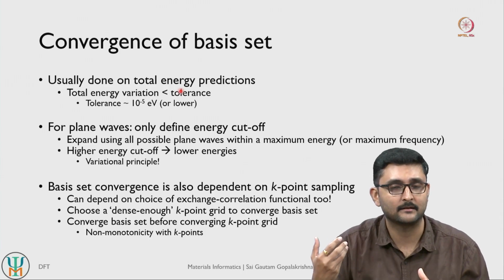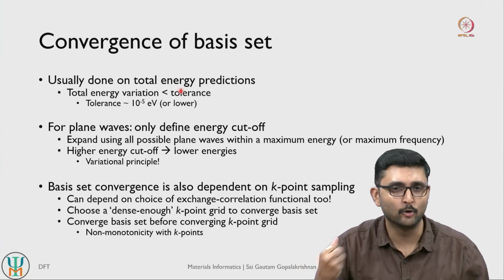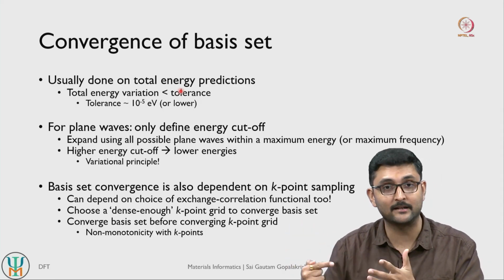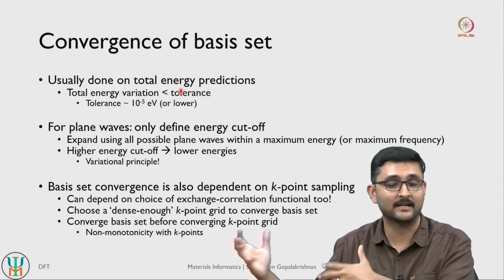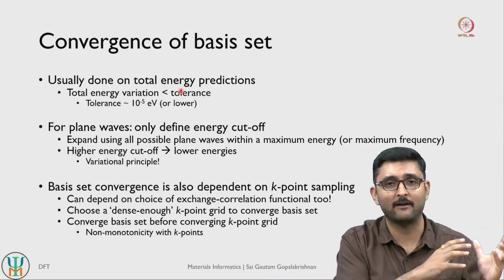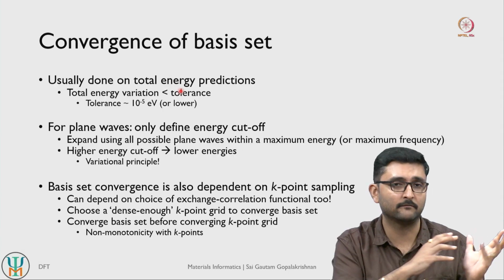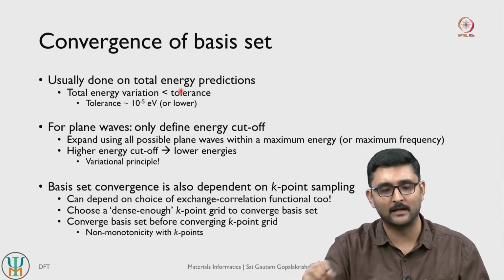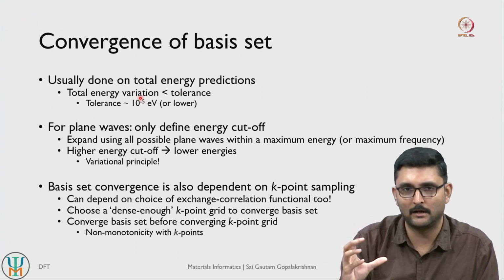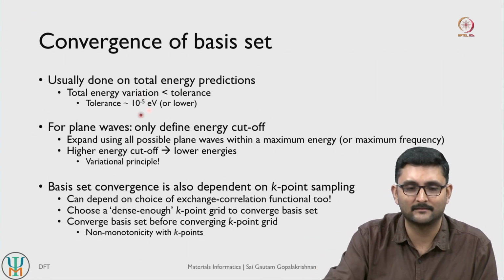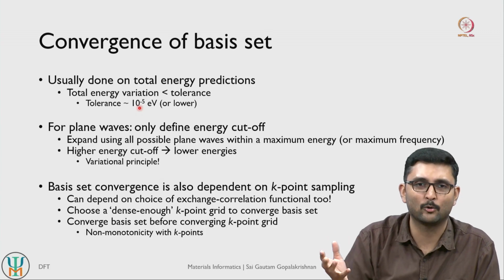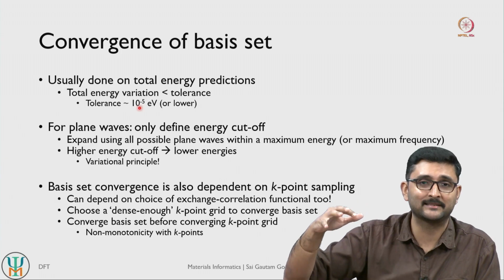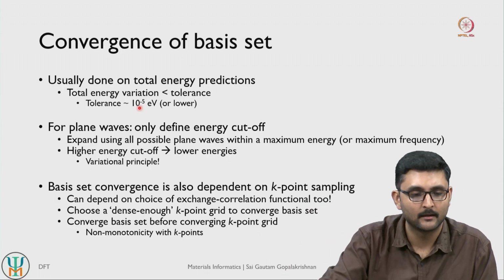There are researchers who like to have very low tolerances, that can be 10 to the power negative 6, negative 7 and so on, and researchers who like to have fairly high tolerances, that can be 10 to the power negative 3, negative 2 and so on, right. So the tolerance that you use may also depend on the problem at hand. But generally the advice is to always use tolerances that are 10 to the power negative 5 eV or lower, so that you are very close to the noise level of your actual DFT calculation, right.